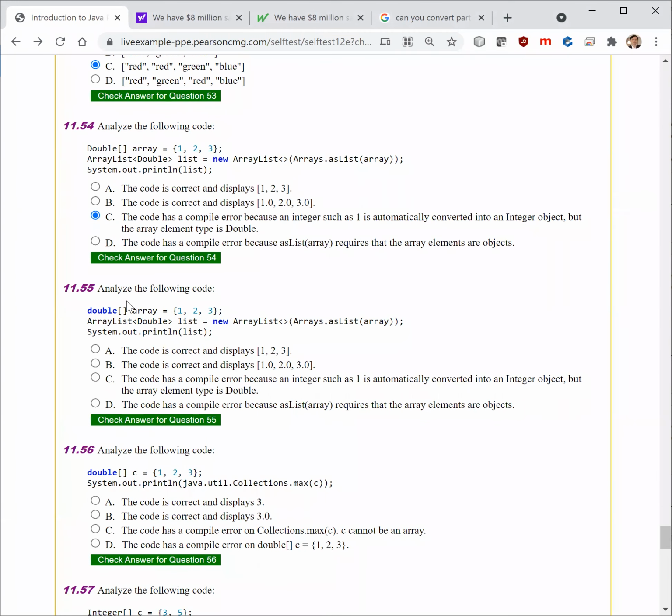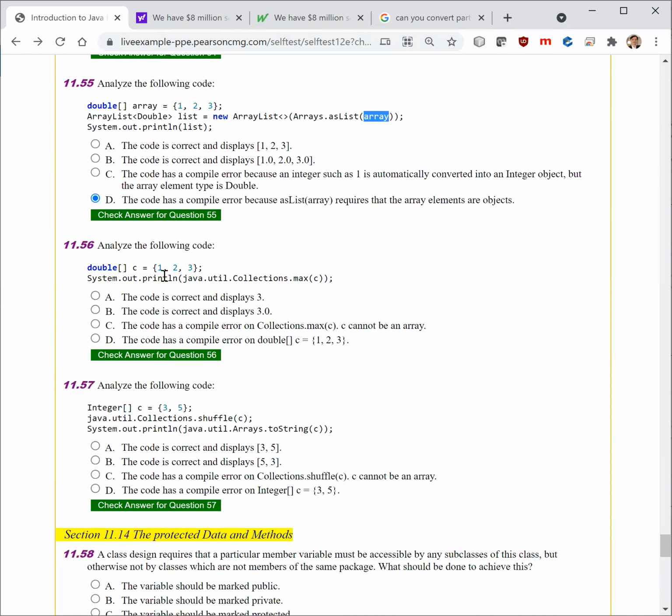Next question, analyze the following code. So please note that these two are different. This is double object, this is double primitive data type. Here, when you do this asList, you have to have the elements be the object type. So the code has a compile error because asList array requires that the array elements are objects. Next,